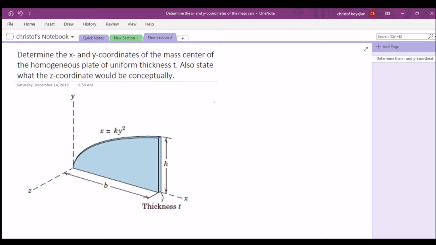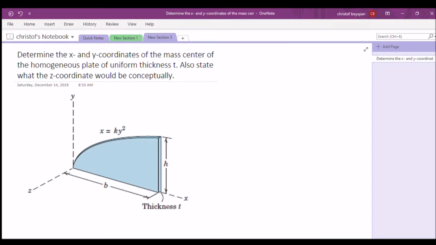Okay, so we are going to determine the x and y coordinates of the mass center of the homogeneous plate of uniform thickness t. And then I also threw this in here. Also state what the z coordinate would be conceptually. All right, so we have our three-dimensional plane here. We have an x-axis here, we have a y-axis right here, and then protruding out this way is our z-axis